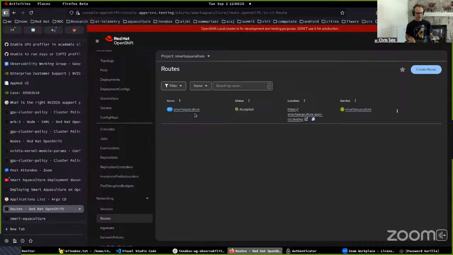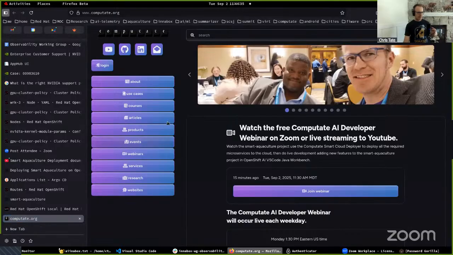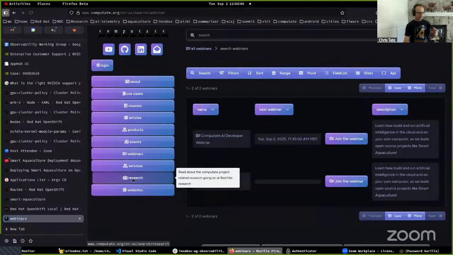This is good practice for building your own data-driven website, which is what computate.org is all about. It's about teaching you how to build your own data-driven website to solve the problems in the world that you want to solve through social innovation or your own ideas. That's why I built all this at computate.org, to bring these kinds of services to life through our webinar, through research,